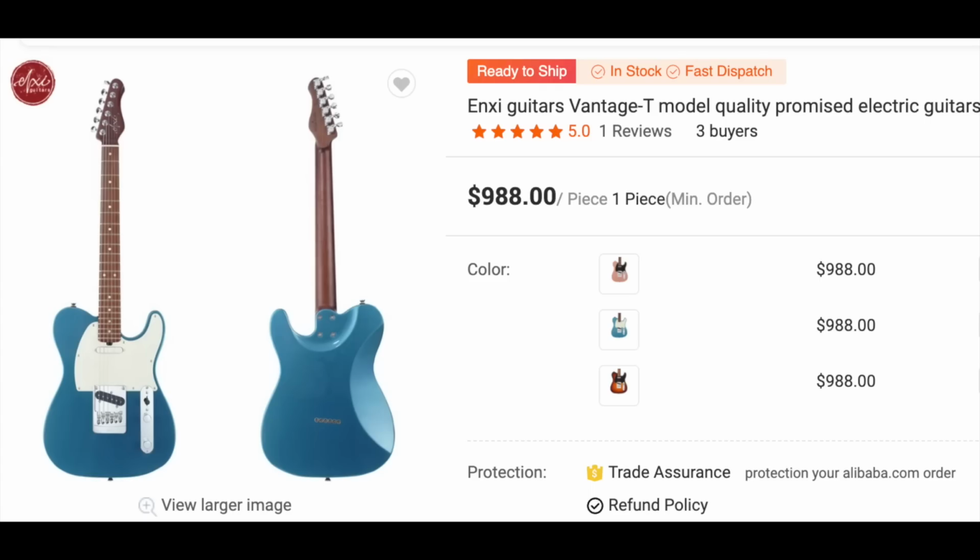In today's episode, we're going to be talking about an Enxi guitar. Now, before I start this review, I want to let you guys know, I talked to the owner of this company, and when he sent the guitar out, his prices were over $1,000, and I let him know that I personally didn't think that the market would bear that. He's now put them under $1,000, and I don't know if that's still the right price yet, but